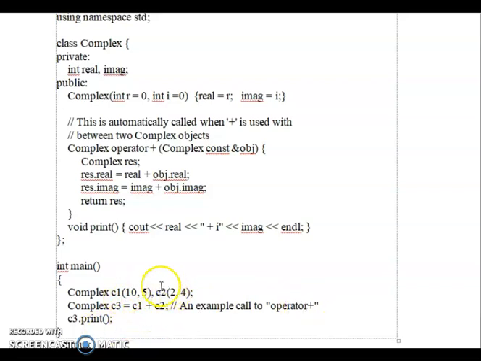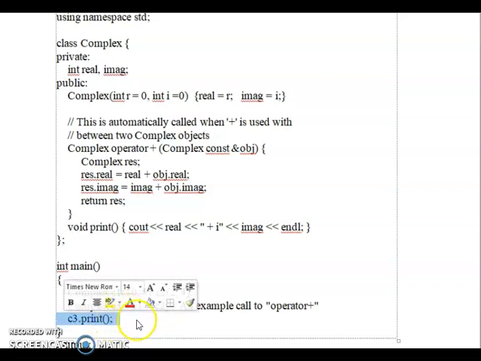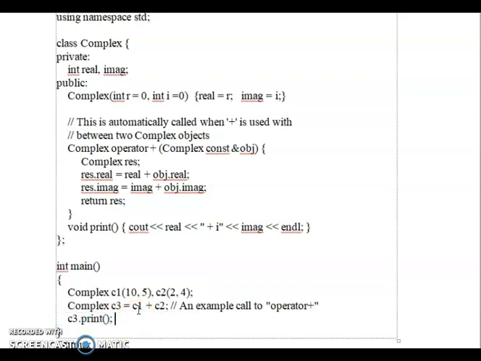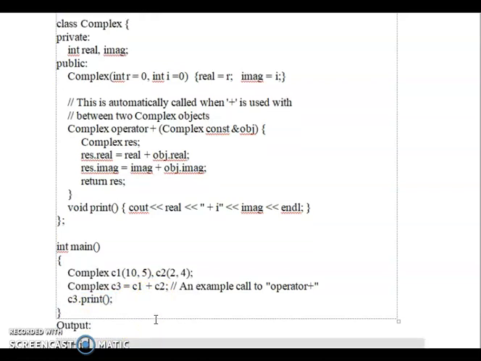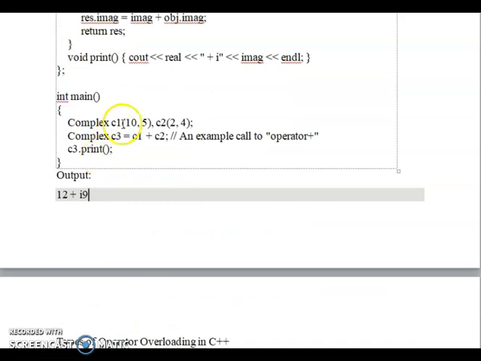C3.print means this value will be printed, the sum of C1 plus C2. This is the output: 10 plus 2, 12, for the real value. The imaginary value will be 5 plus 4, 9, so 9i. This is an example of operator overloading.